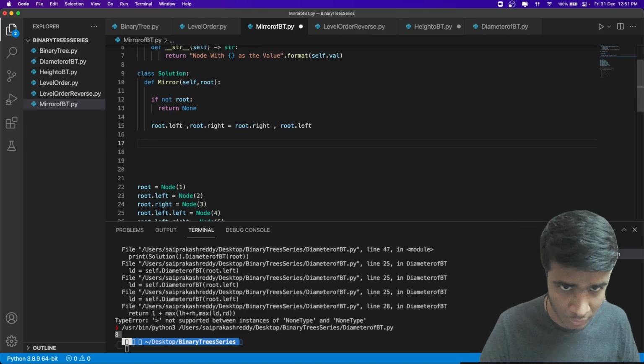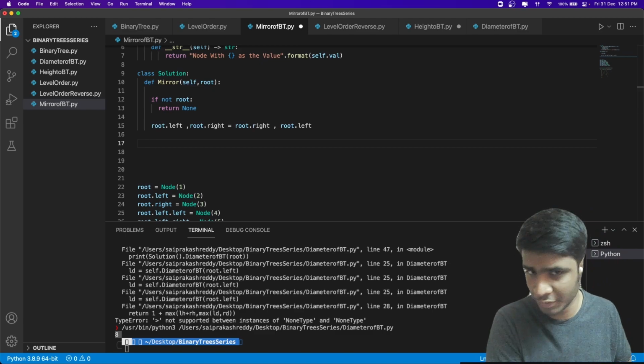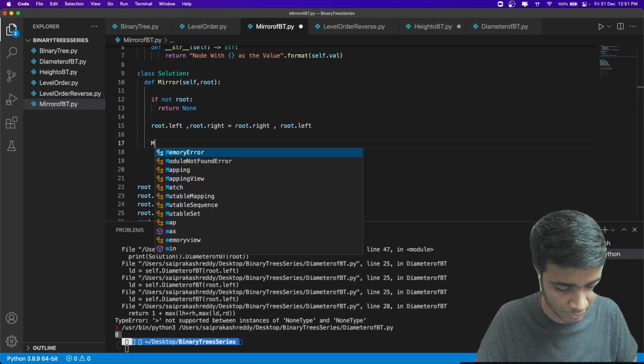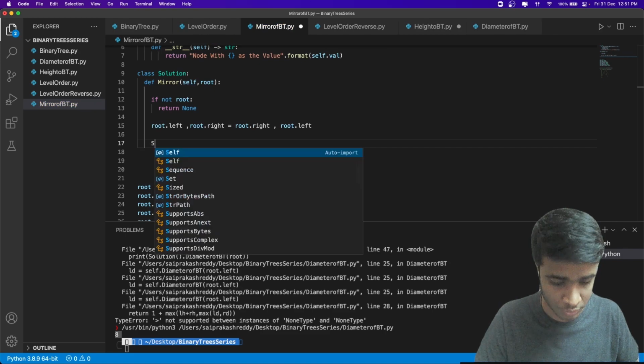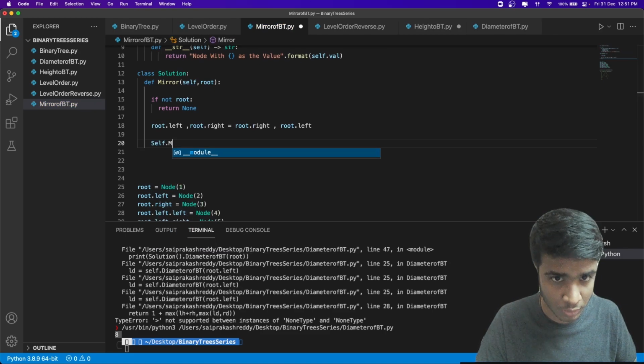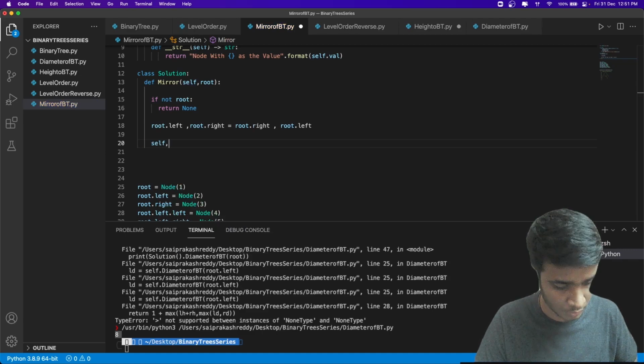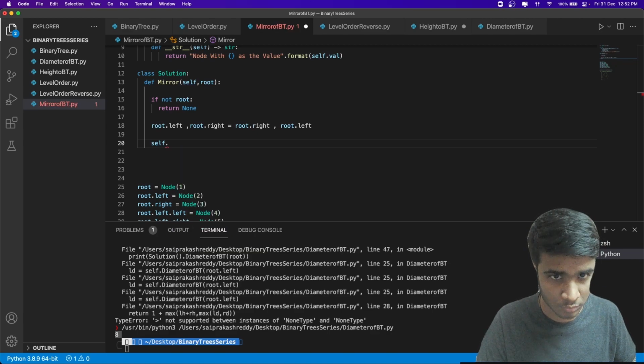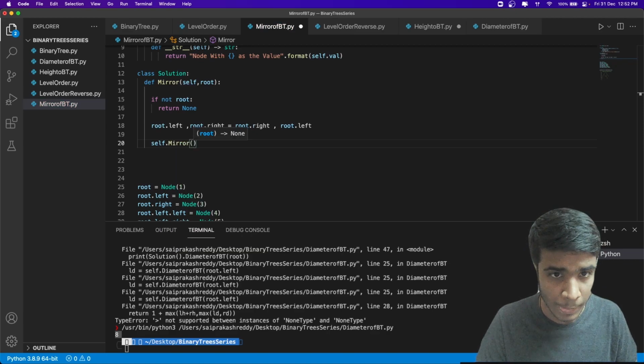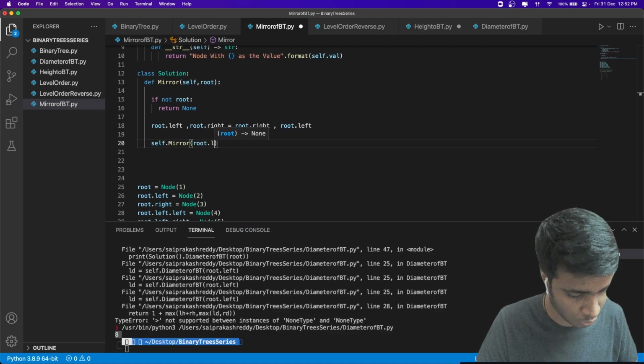And once I do that, that's not enough, right? I have to do it for every node. So I'm going to again call mirror, self dot mirror, and call it on the root dot left.